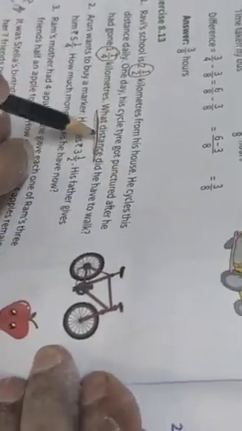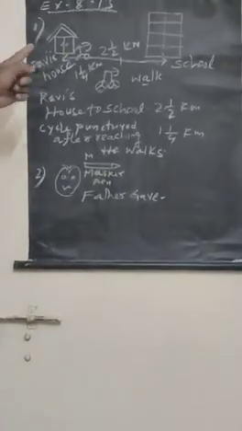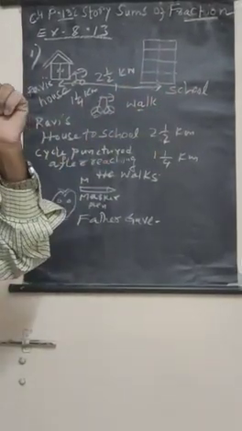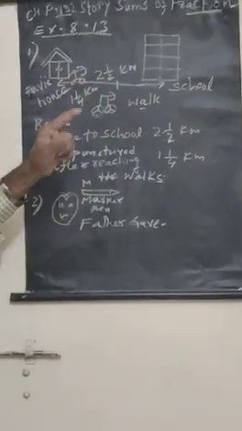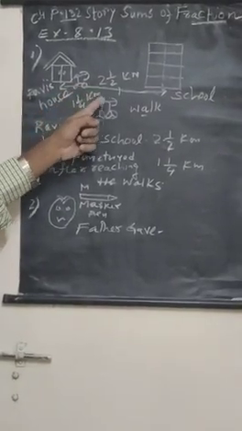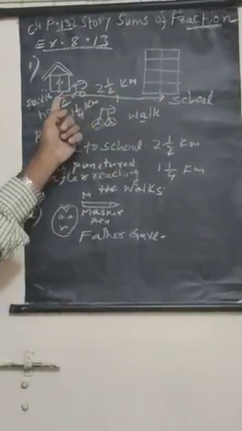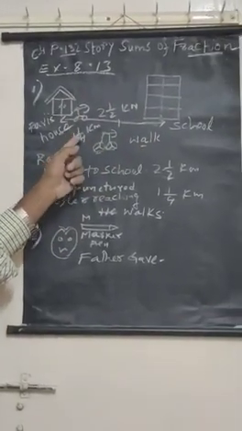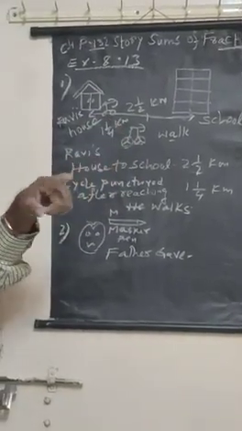So first you read the question, then underline the question, and then encircle these two numbers. Then here I have drawn the picture. This is Ravi's house, and this is Ravi's school. Every day he is cycling from here to school. One day from here he started, but after reaching here, this is the complete distance I showed you with the arrowhead. So this is 2 integer 1 by 2 kilometers, house to school. Now he reached up to here only, 1 integer 1 by 4 kilometers, and the cycle got punctured.